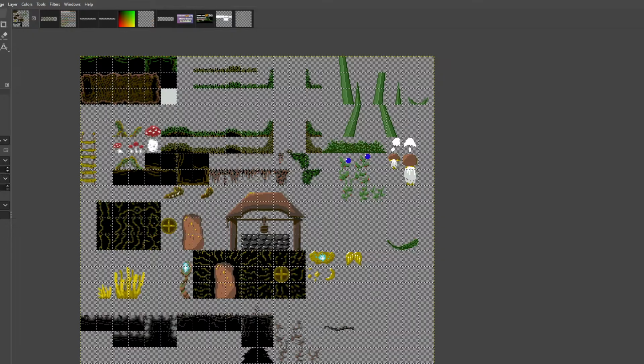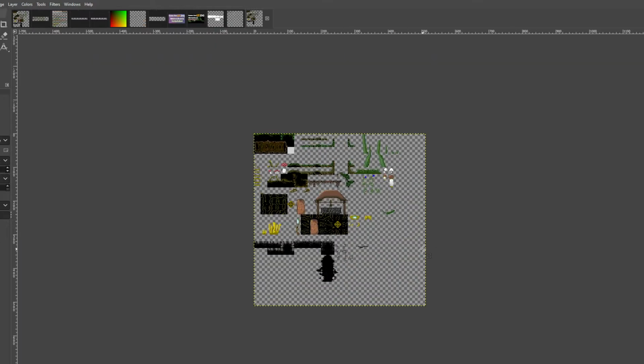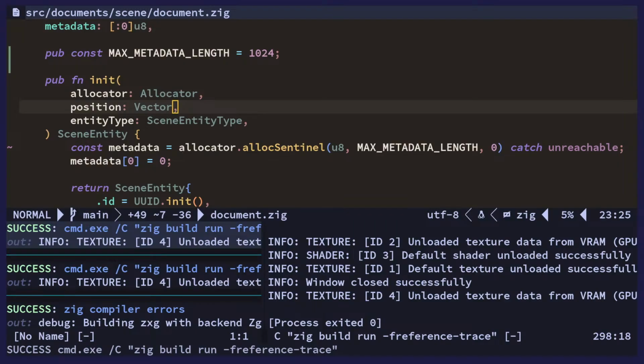You want to save. Wonder how long it will take in game though. Okay, now it takes a little bit longer than, there we go. Tile map, there. Okay. So